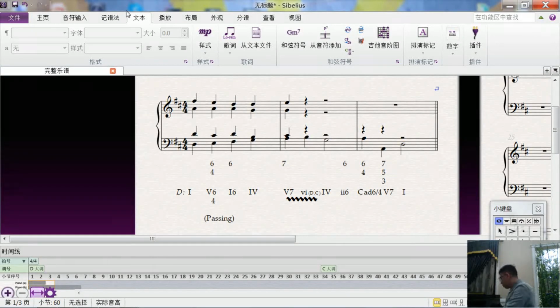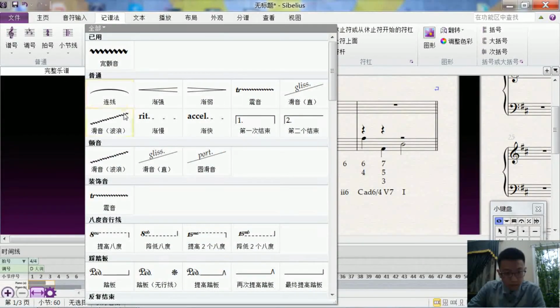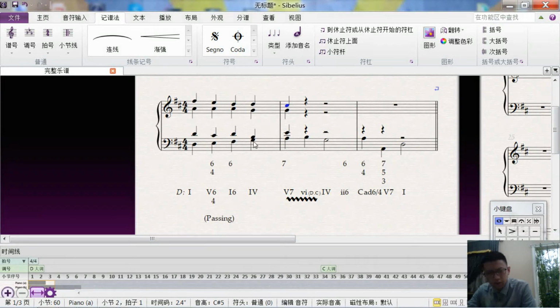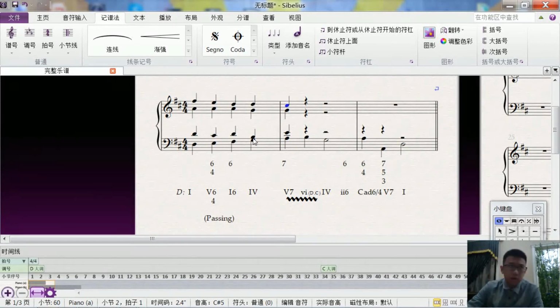Something like really impressionism. I forgot the word that described Debussy or Ravel. So that's a parallel fifth. We must avoid that. It's not okay. So now you will struggle. You will think about how to move the voices. Someone will try, oh, maybe I do something like that. It's okay. But